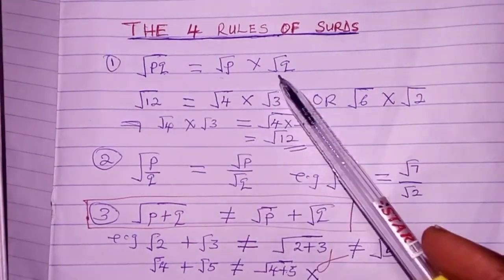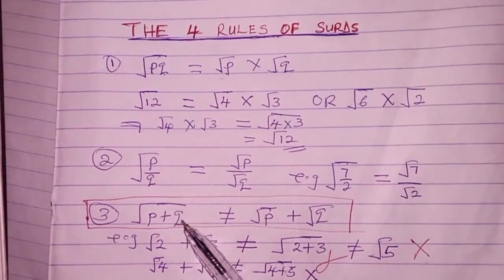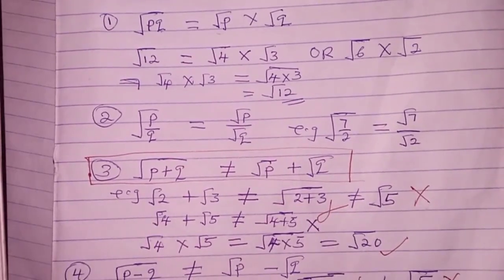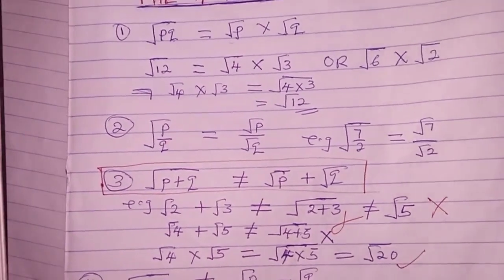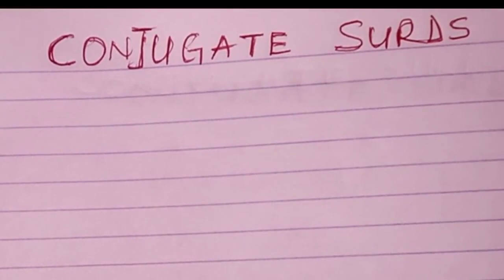We looked at the multiplication rule, the division rule, the addition rule, and the subtraction rule. In today's lesson, we're going to look at conjugate surds. What are conjugate surds? Before we look at them, I would like to remind us